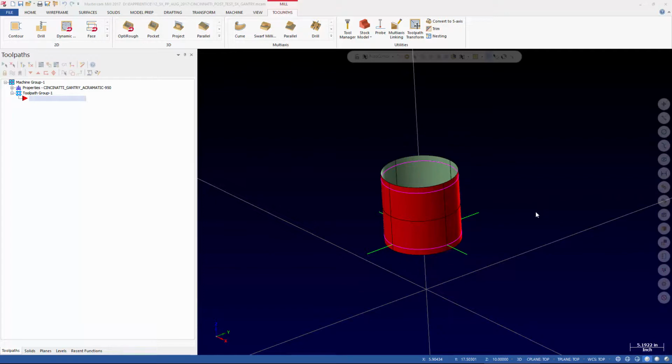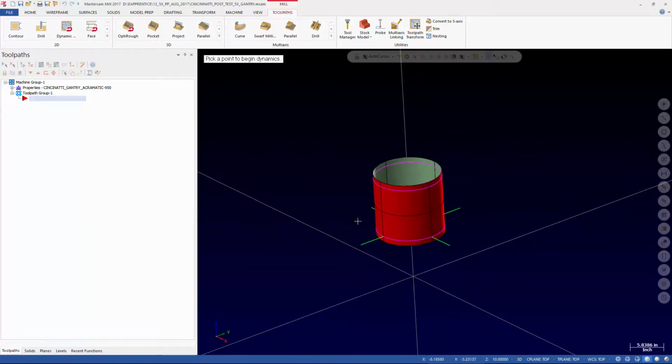We've decided we're going to start with a Cincinnati Gantry. So we're doing a Cincinnati Gantry 5-axis machine with an Acramatic 950 control, and we just happened to pick a random 5-axis Gantry style machine. And we started to look at the setup, and I created a real simple test,